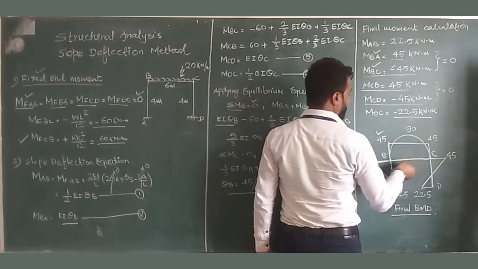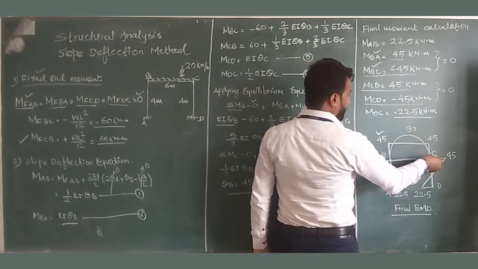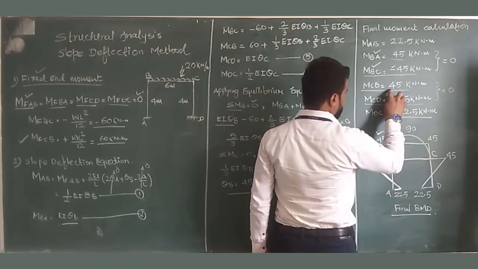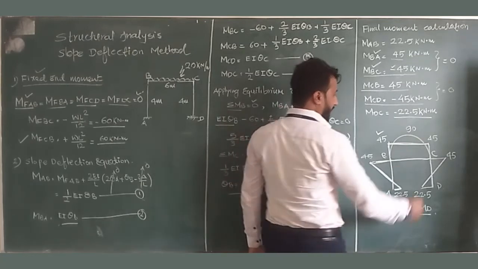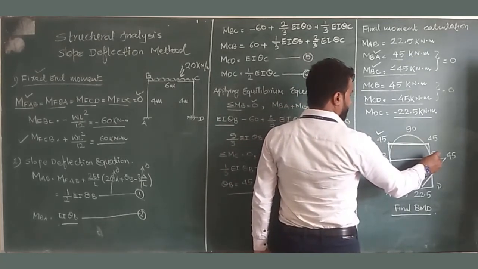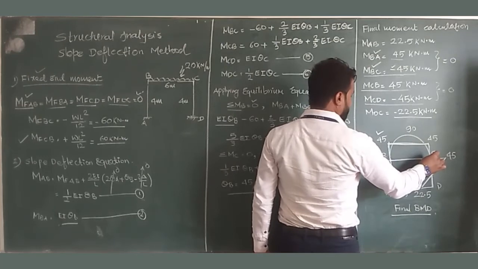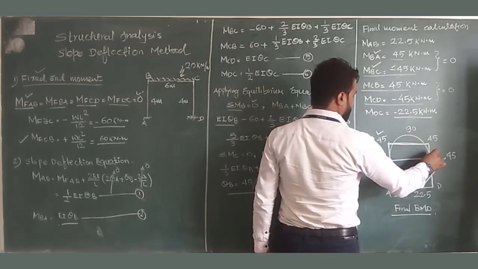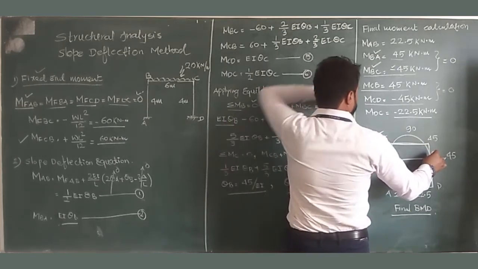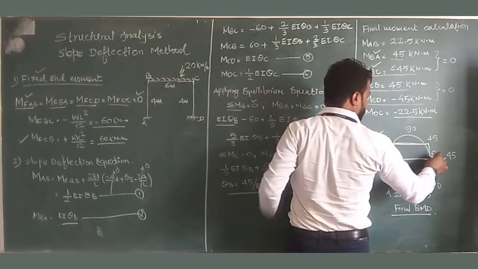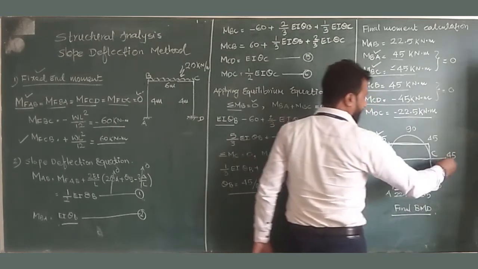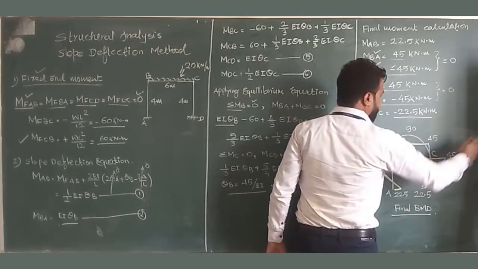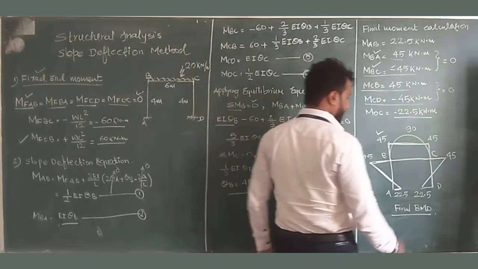Then we have to draw CB. We will keep the pin at C towards B direction and rotate in clockwise direction, and the sign is positive. So this will come above the line. We will join this. 45. Now to draw CD, keep the pin at C towards D direction. Value is minus 45. We will rotate this in anti-clockwise direction. So this will be on the right side of that particular column at joint C.